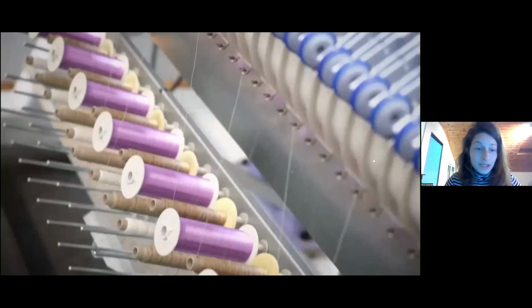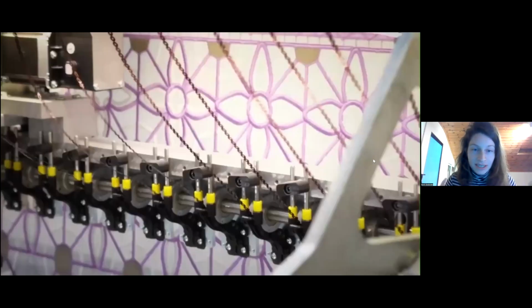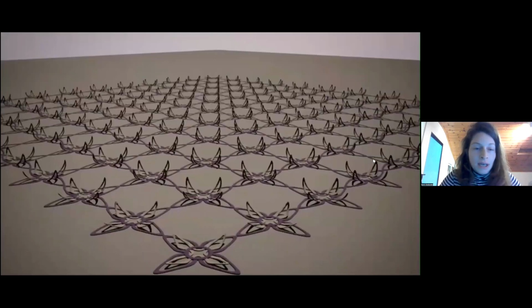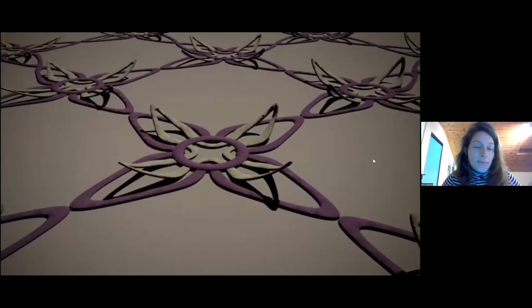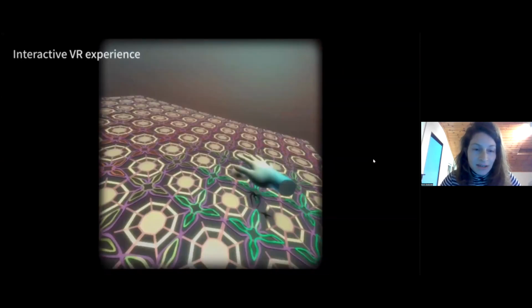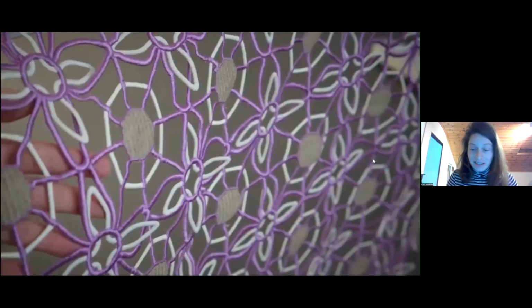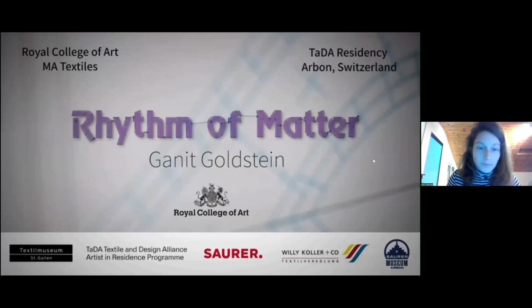But it was the first time that they implemented conductive threads in a large scale production. And from my perspective, I also worked on a VR experience that also had another dimension embedded inside to have this correlation between the virtual space, the virtual fabric, and the physical fabric.